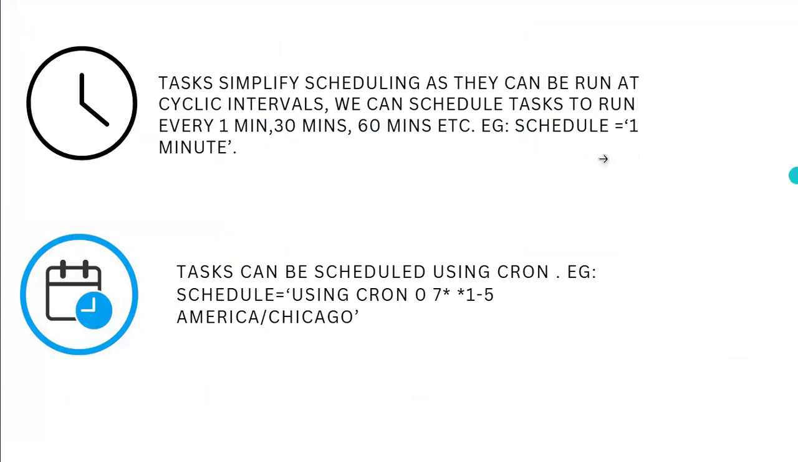Scheduling every 1 minute means it will run every 1 minute. If I'm scheduling every 30 minutes, it will run every 30 minutes. If I schedule at 60 minutes, it will run at 60 minutes. In orchestration tools like Airflow, the same thing applies, but we will not use this method. Why? Because in Snowflake, if I schedule this every minute,